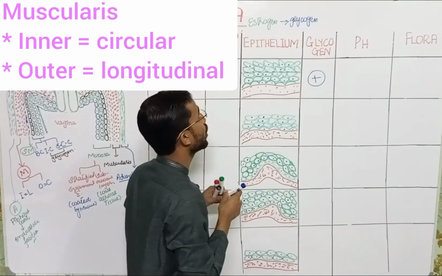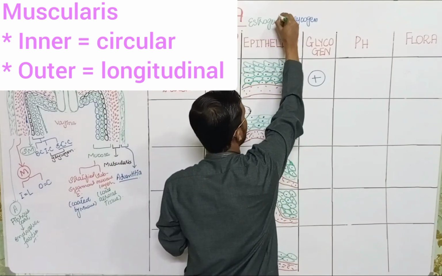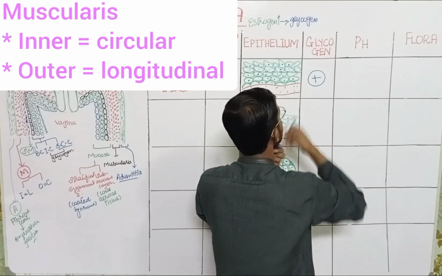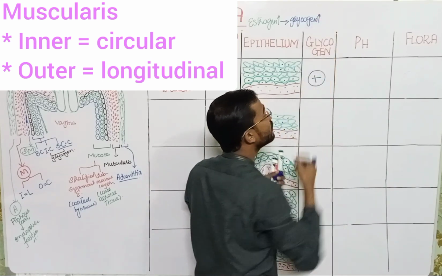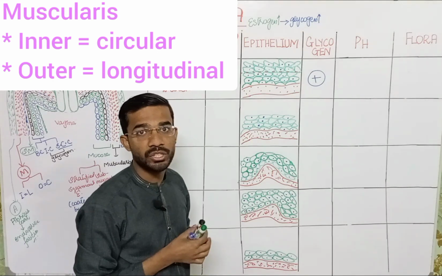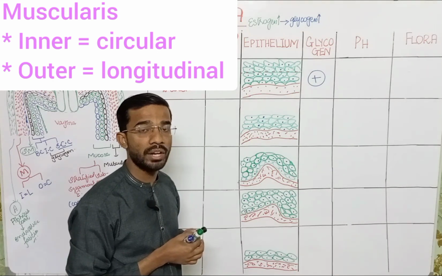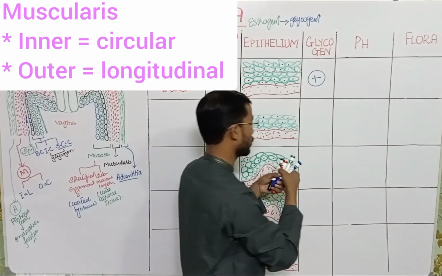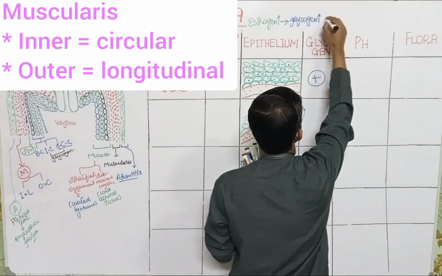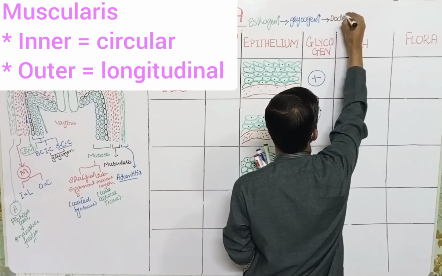So this is the case. When the estrogen is produced, then what will happen? Glycogen is also produced in that case. If the glycogen is produced, then it is a favorable condition for the growth of the bacteria called Doderlein bacilli. So here is the case. This is the favorable condition for the bacteria Doderlein